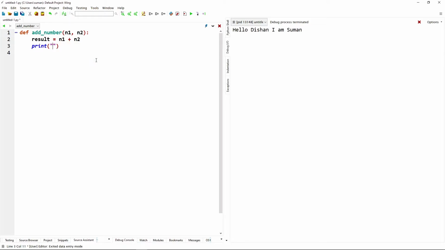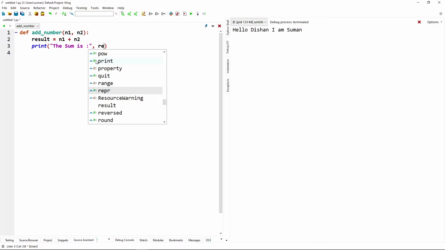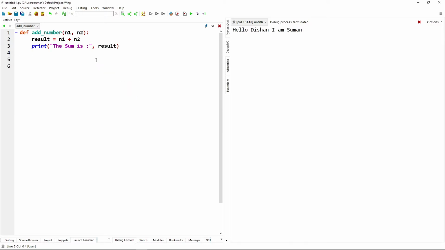Print("the sum is", result). Now we are trying to take the input from the user.